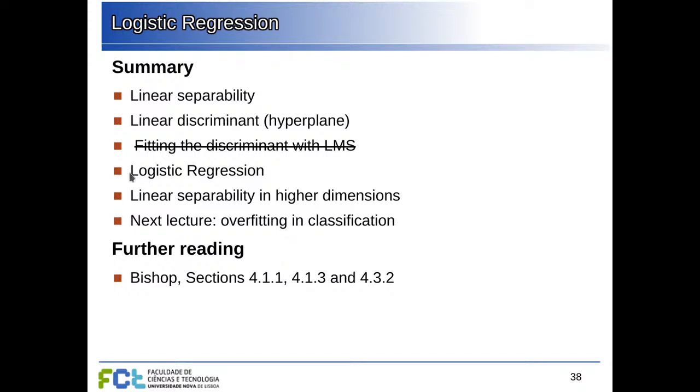We saw logistic regression as a way of finding the discriminant to separate the two classes. We saw that minimizing the quadratic error would not be a good idea, because separating the two classes is not the same as trying to fit a line as close as possible to the points. So using least mean squares does not work in this case, but logistic regression is a regression to some hypothetical function of the probabilities of belonging to each class. And if we try to approximate that function, we can then use a cutoff point of 50% to separate the